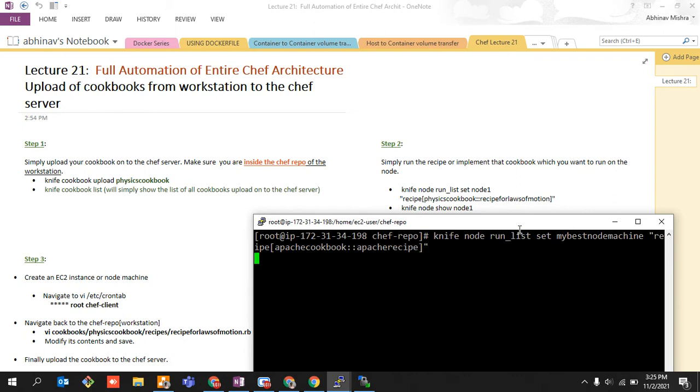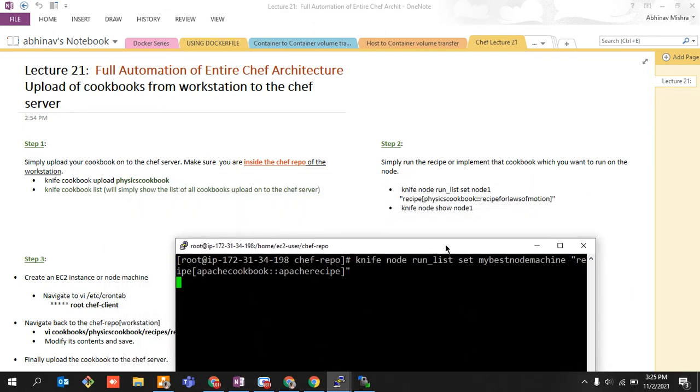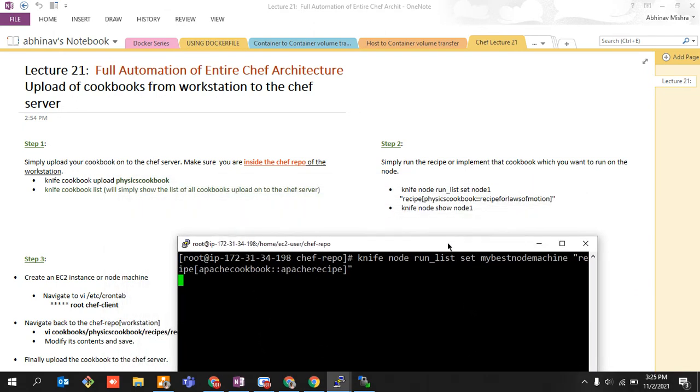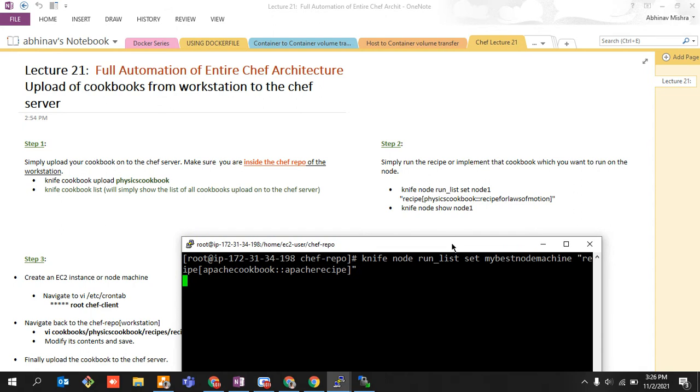And hit enter. So guys, this is just a one-time effort that you need to do on your node machines, right? Next time when you upload anything, it will just pick it automatically.